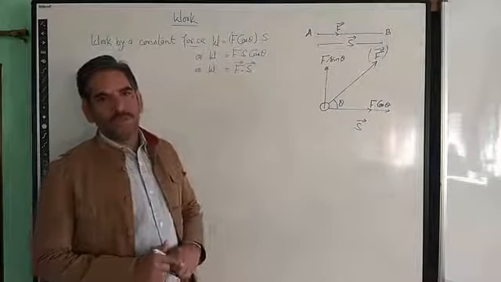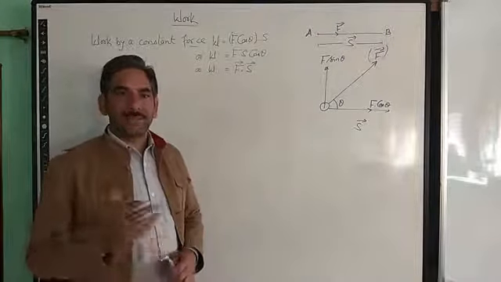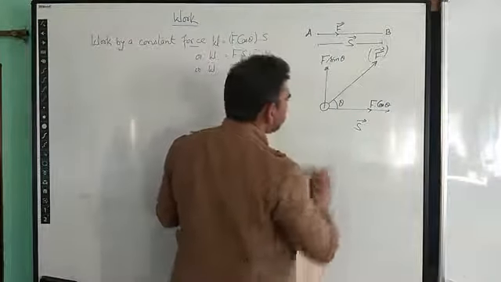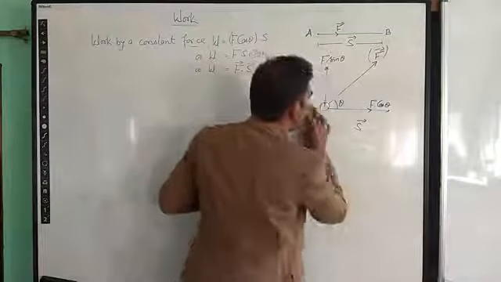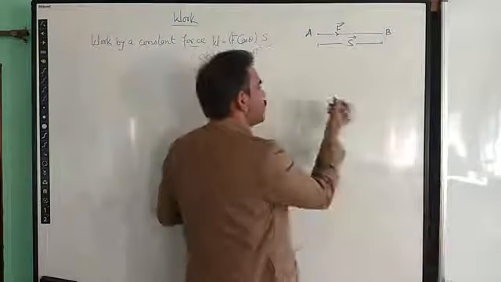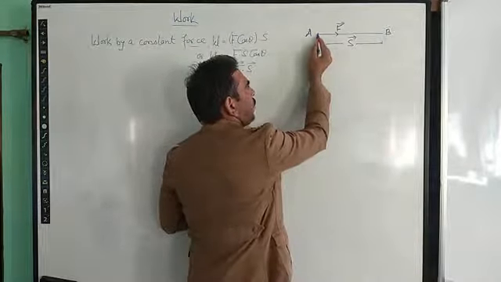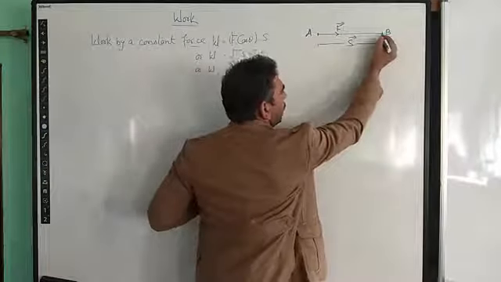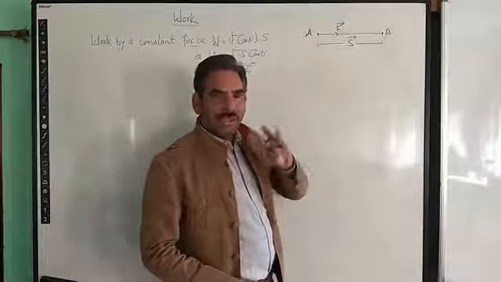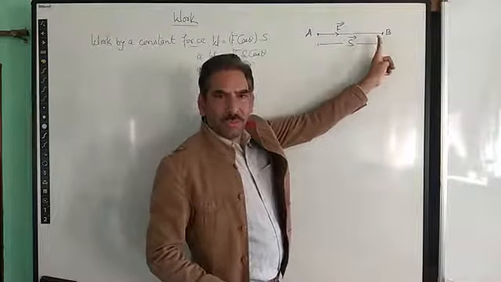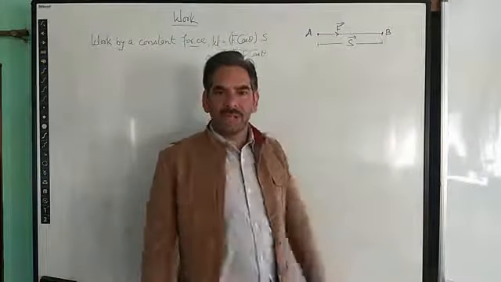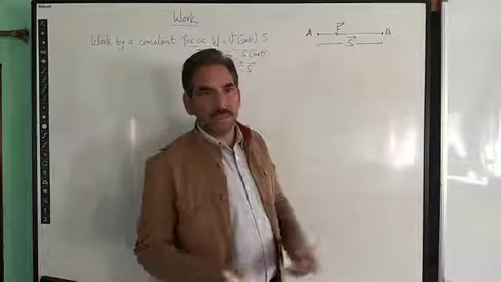But what if the force is not constant, and it is variable throughout the displacement? Suppose that in this case, for example, the displacement is taking place from initial position A of the object to final position B of the object, right? Some force is acting, but this force is not constant throughout the path, or we can say throughout the displacement, right? It keeps on changing. So such a kind of force is called a variable force. So what is the work done by a variable force?